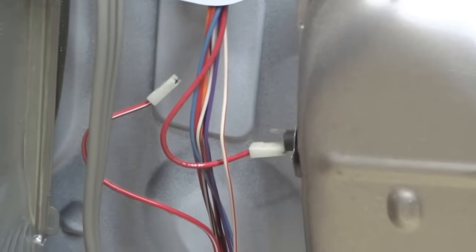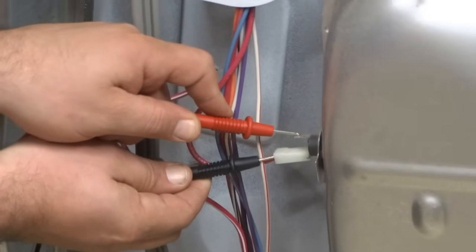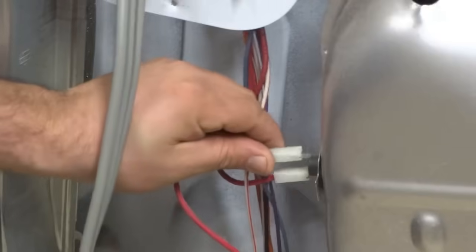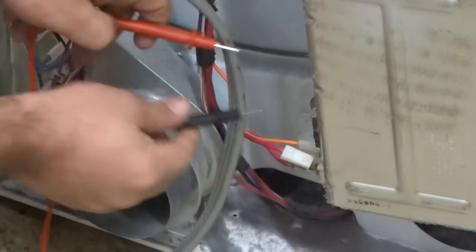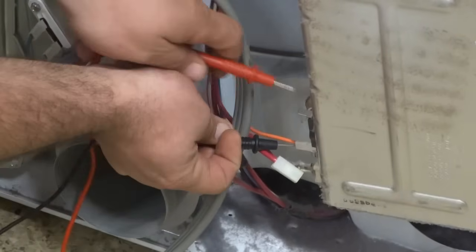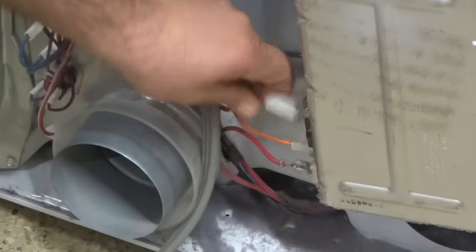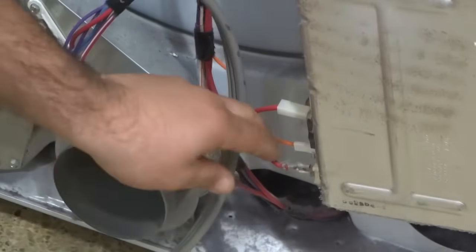Be helpful if I had it on ohms. Alright, so that one checks out, so we have no problem there. Next, go down to the operating thermostat, which is down here. We're going to check both ends of it. And that one checks out as well. We can do the same thing